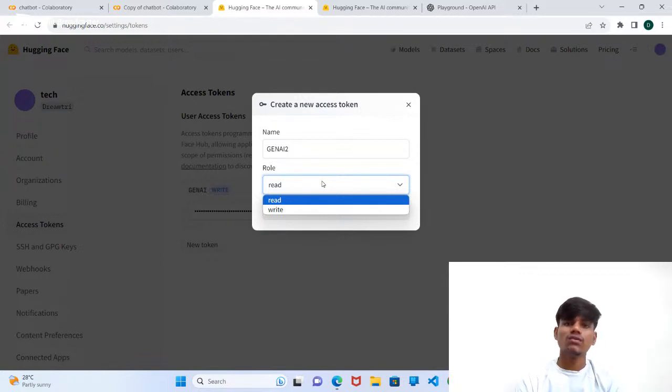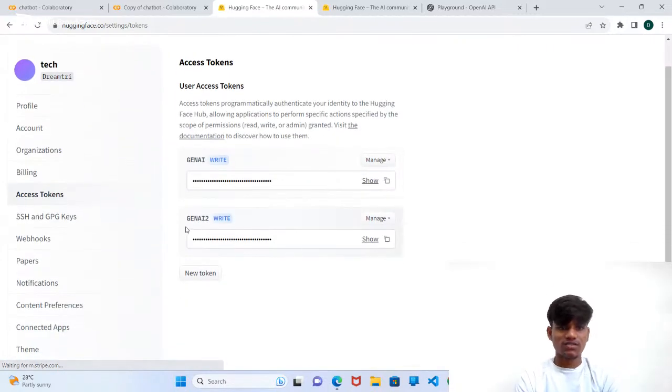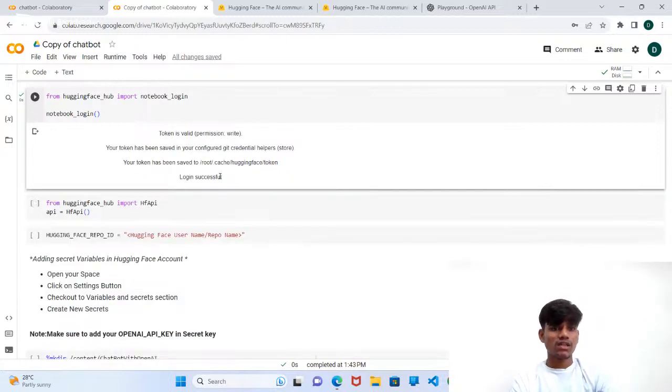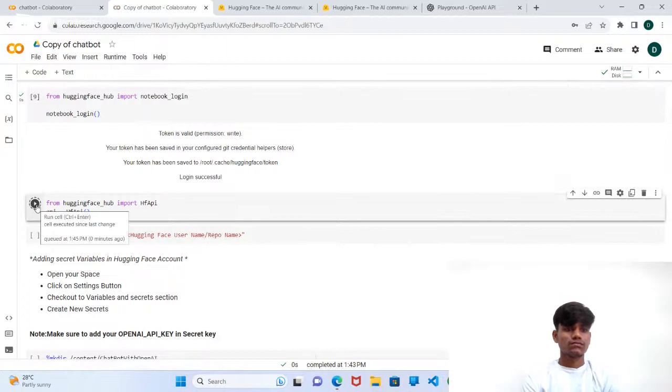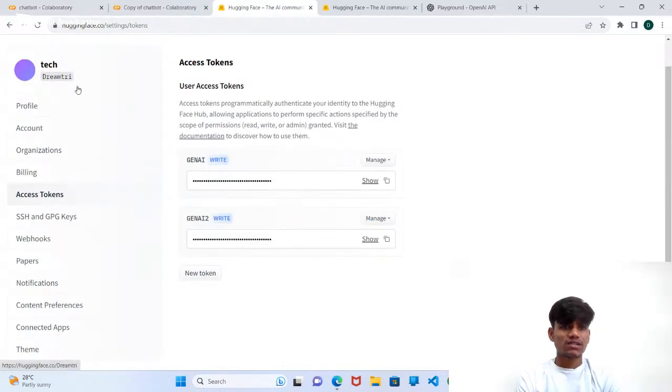We are not going to read, we are going to generate text for that particular prompt, right? So for that purpose you have to select the role as write, and create or generate a token. Now I generated Gen AI 2. This is a token, you should copy this, and then paste it here. Click on login, you will be logged in. It will show login successful. Then you should run the next code. Fine. Next, open Hugging Face, and you can create